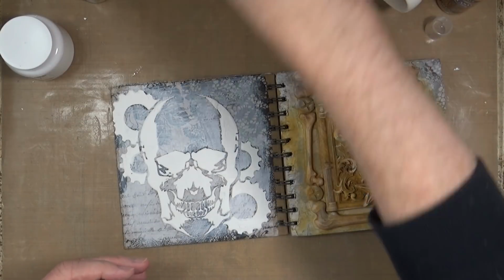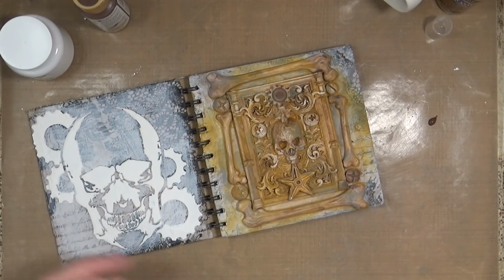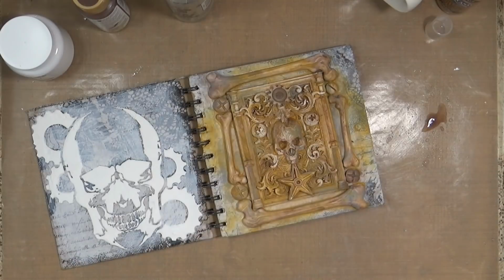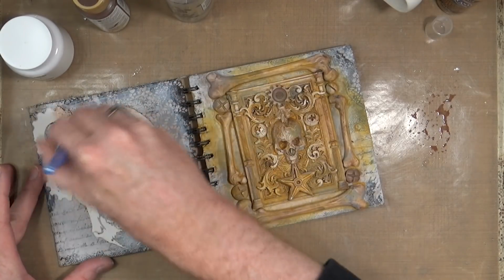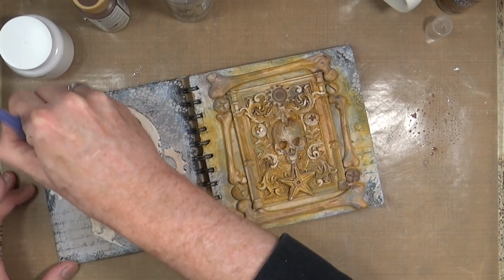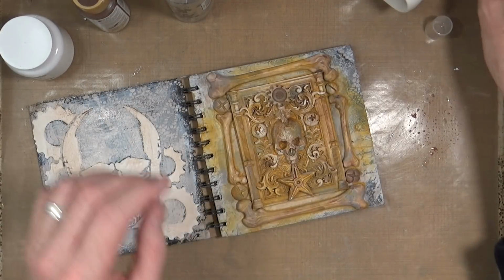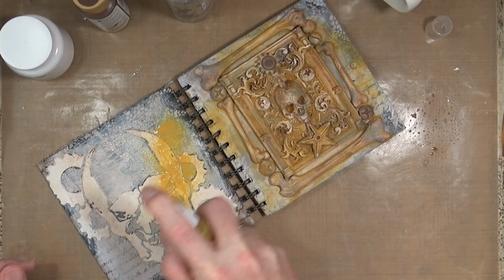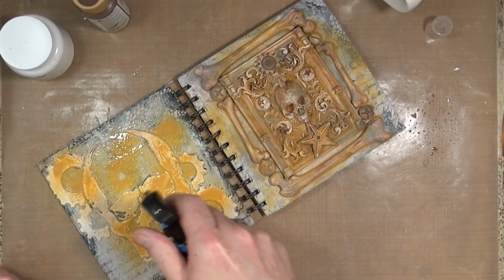Fair enough. Right, so I'm going to do a quick brown wash. So I've got a little bit of brown paint. Add some water. Just grab that and then just dirty it up a little bit, just like we did with the front. And then, seeing as we've still got that ochre, I'm going to spit some of that onto it as well. Bit of water,